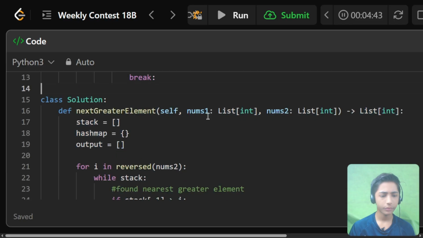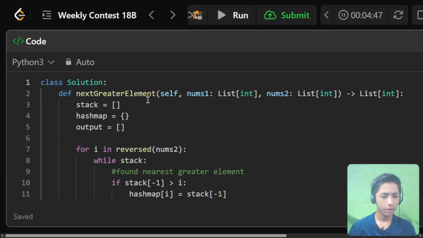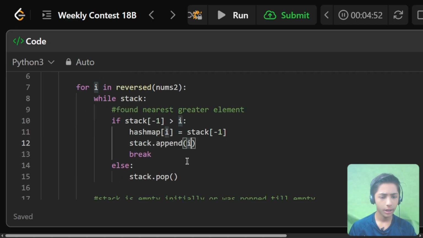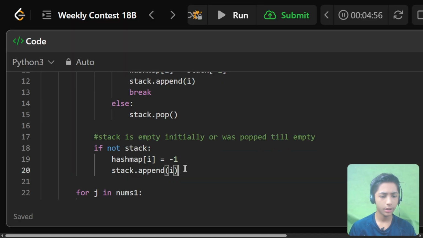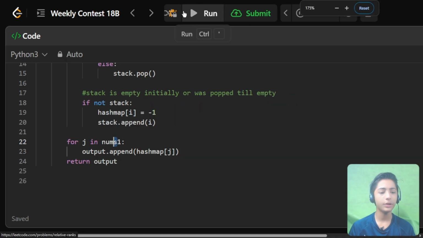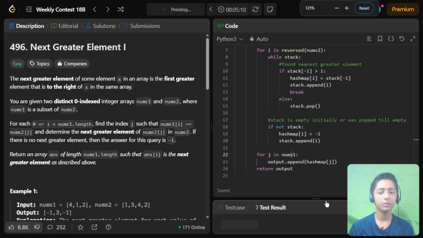Okay, let's see the error. nums2[-1] greater than i. Here we write i. Here we write hash map equals i. Append with nums1 here. Please see that you do not drop the s anywhere; because we write nums, by mistake you might write num, so check that also. Now let's see the running code.